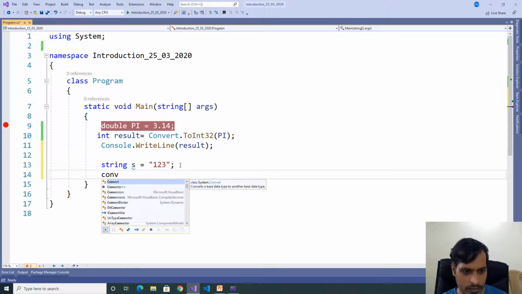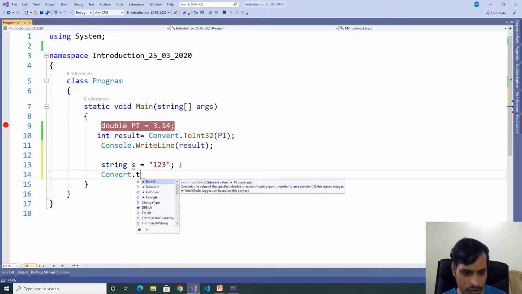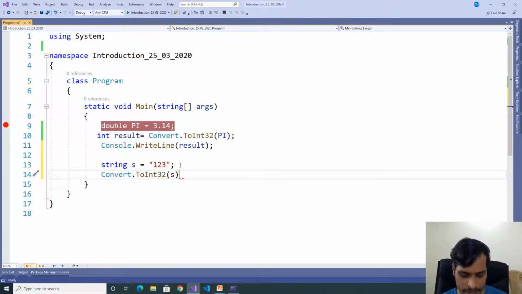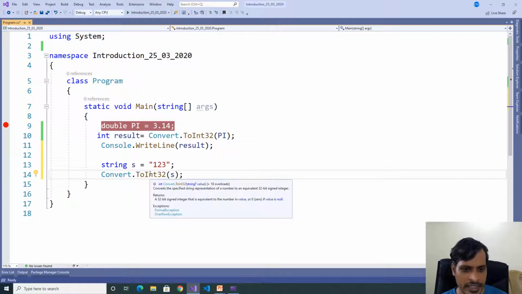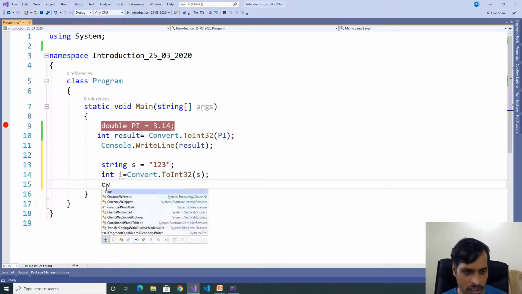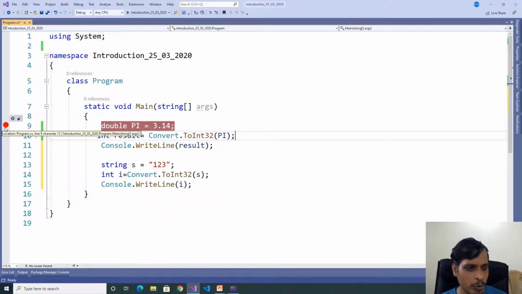Convert.ToInt32, and here we need to pass the string s. Here ToInt32 takes a string value and returns an integer, so store it in an integer, int i. Console.WriteLine i. Remove the breakpoint here and put a breakpoint here.